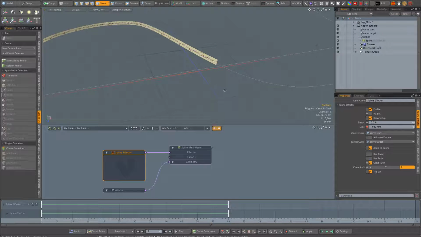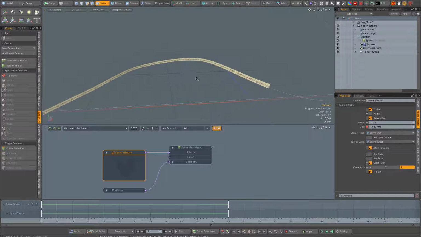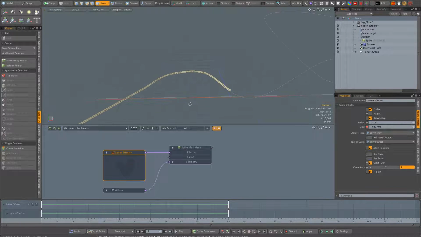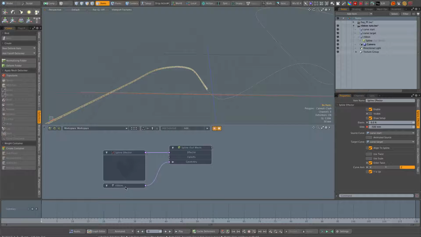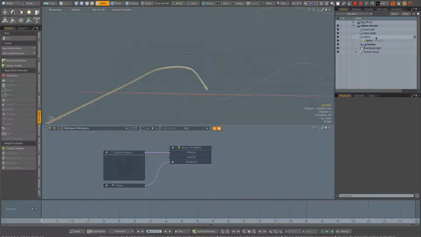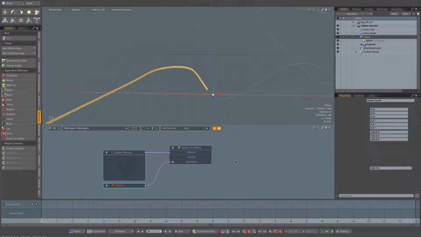But as I said, we're going to do a fluttering ribbon, because that's sort of a snake-like motion, which could be what you want, but it's not what I want. So we're going to add another deformer. Click on the ribbon here and add fall off, linear fall off.